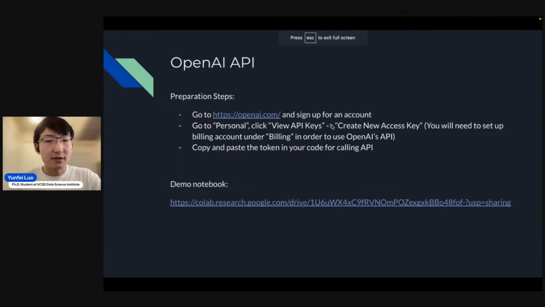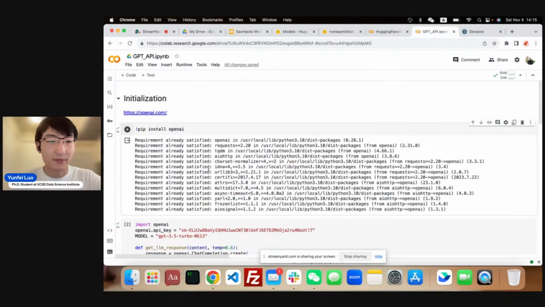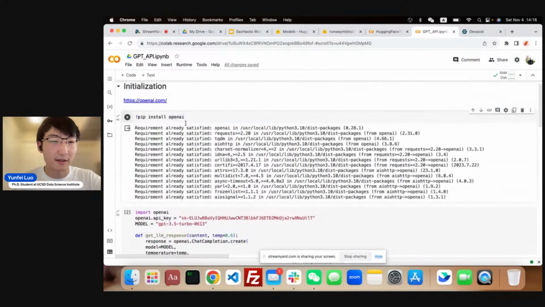Just to make sure, for the OpenAI API, you have to sign up for an account, and you have to link your credit card. Usually you will have a free trial when you first sign up, but after the free trial, you have to link a credit card to OpenAI, so you will be able to use GPT-3.5 or GPT-4. In this case, just assume we have everything set up, and in the Colab we have to